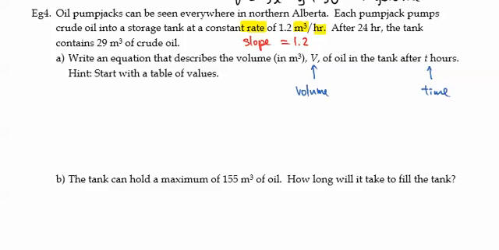So once we have the volume and the time, once we know those are the two things that we are dealing with, we need to decide which one is the x and which one is the y. Which one is independent and which one is dependent. Independent is time. Volume depends on time. So we will now create an equation using the slope 1.2